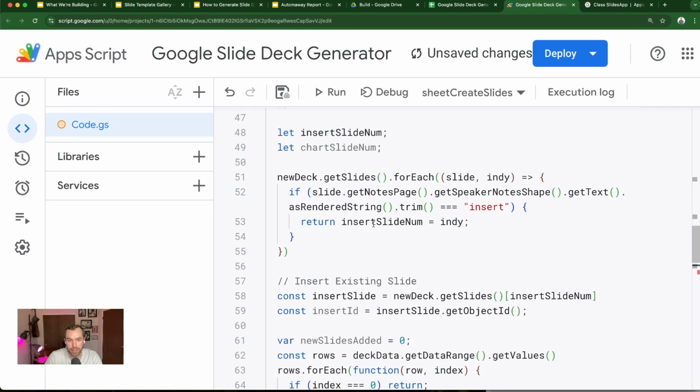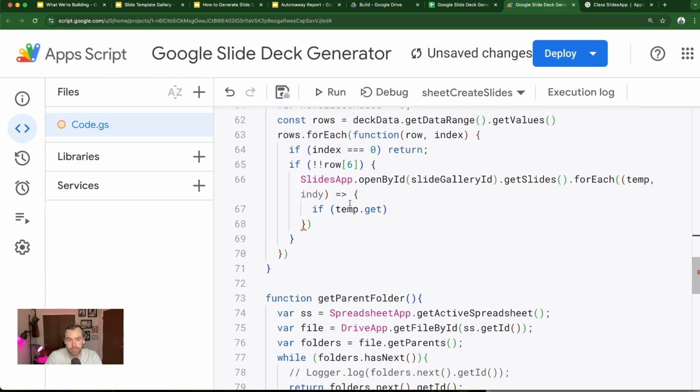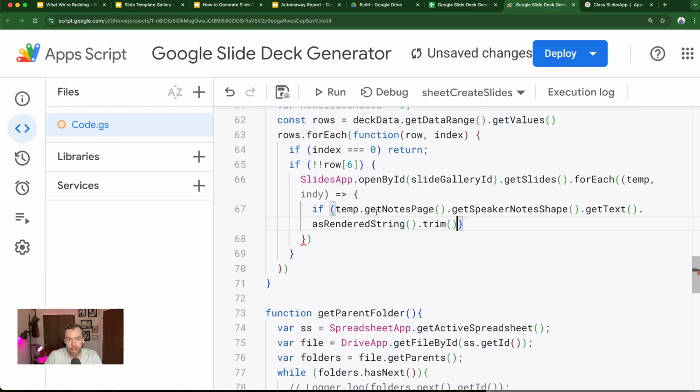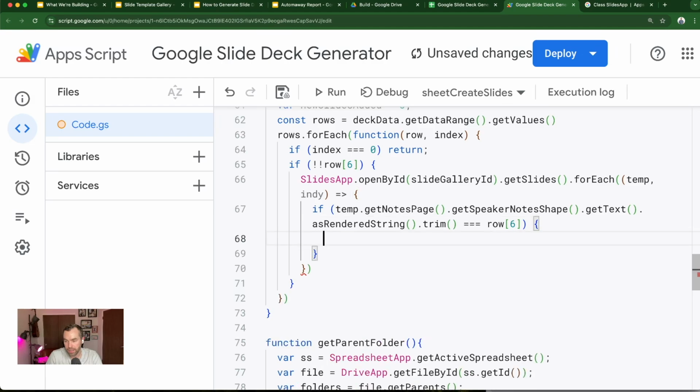Again, I'm just going to copy this time. Now, if this slide has a speaker note that's equal to row 6, the value in row 6, we will say